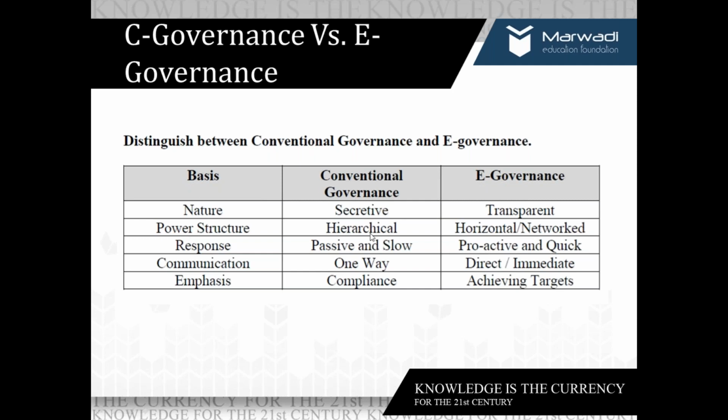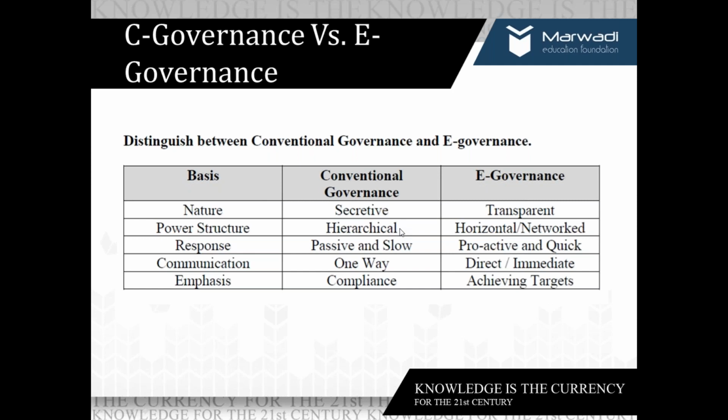Power structures: conventional governance is hierarchical, and e-governance is horizontal and networked, right? In e-governance everything is networked and horizontal, so escalation of any issue is very easy. But in a hierarchical form, if you escalate a query, it will take time.